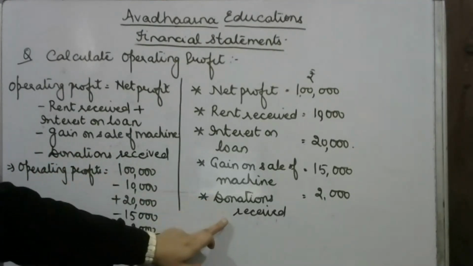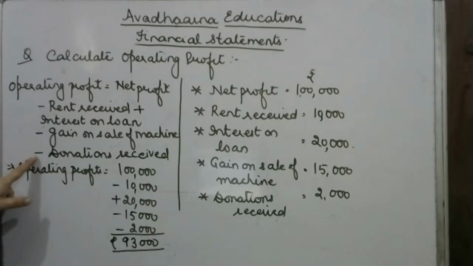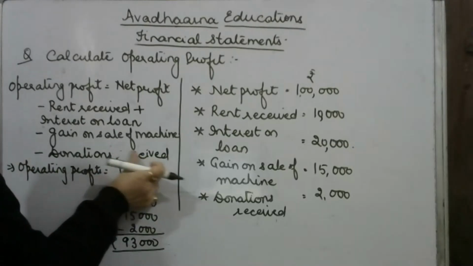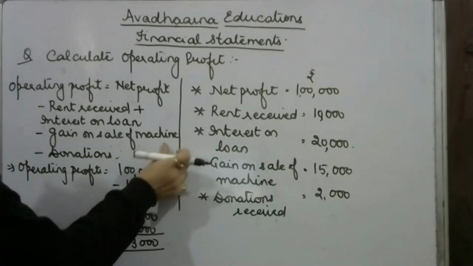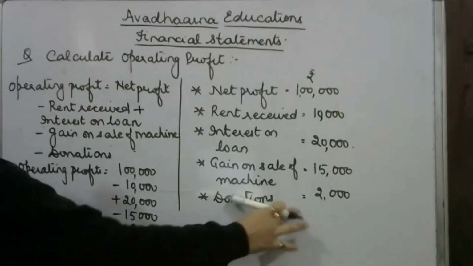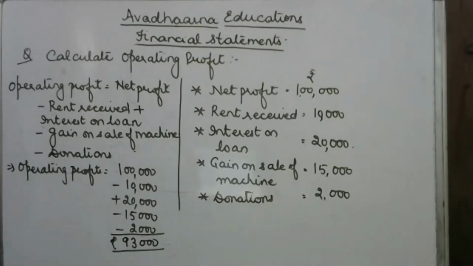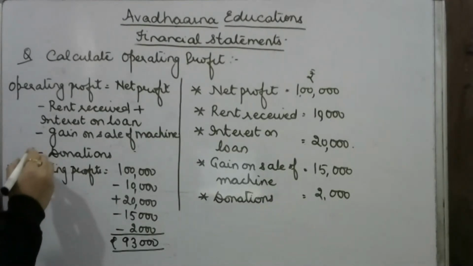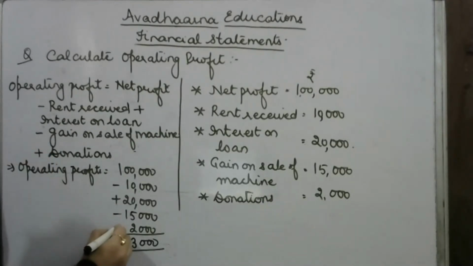फाइन. डोनेशंस को रिसीव्ड माना था, तभी मैंने यहाँ पे डोनेशन को सब्ट्रैक्ट कर दिया. आई हैव ट्रीटेड डोनेशन एज अ नॉन ऑपरेटिंग इनकम. लेकिन बेटा अगर क्वेश्चन में सिर्फ डोनेशंस दिया हुआ है, तो हम क्या मानेंगे कि ये जो डोनेशंस हैं ये डोनेशंस हमने पे करी है. ठीक है. अगर डोनेशन पे करी है तो ये मेरी नॉन ऑपरेटिंग एक्सपेंस होगा. नॉन ऑपरेटिंग एक्सपेंस शुड बी एडेड बैक, सो वी विल एड बैक द डोनेशंस 2,000 and the answer of operating